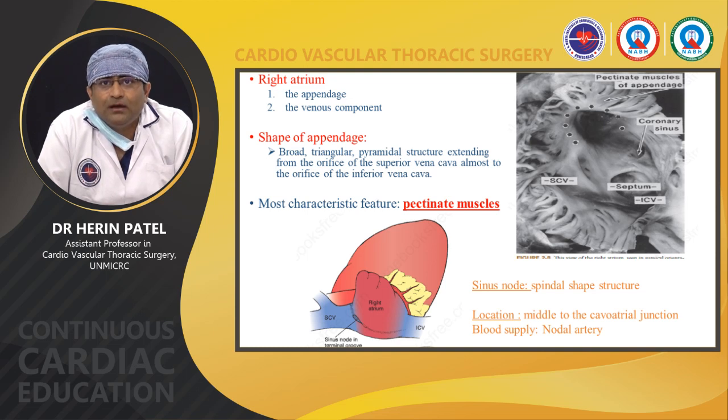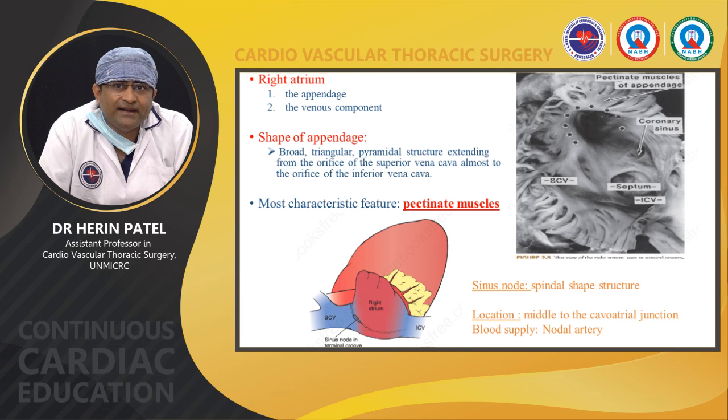You see in the picture the pectinate muscle, very prominent trabeculated muscle located inside the heart in the appendage. One more thing we need to know in the right atrium is the sinus node. It's a spindle shaped structure located in the